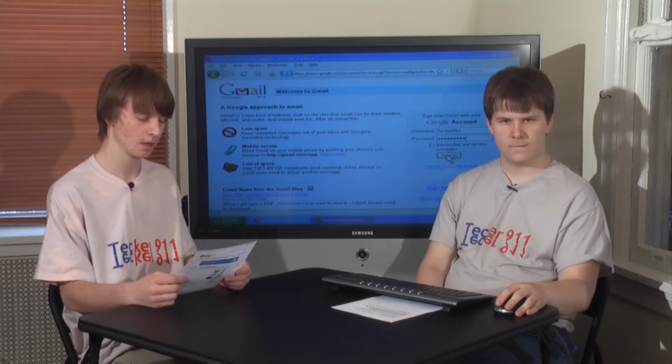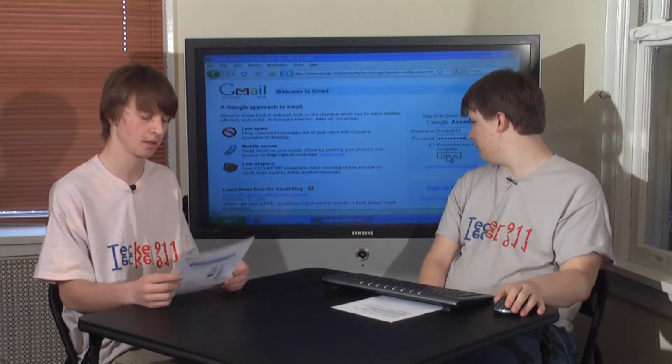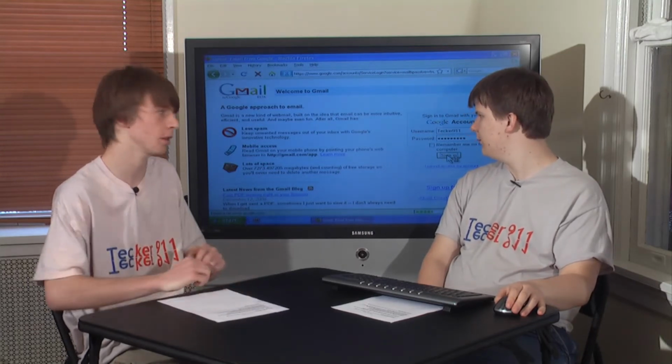Right, so when you sign up for a Gmail account, you're not only signing up for an email account, but a Google account, which also lets you sign into things like Google Docs, Google Reader, and Picasso, which is Google's photo service. So you're just getting a Google account as well as a Gmail account. Just making that clear. You sign in, you can go to gmail.com or mail.google.com